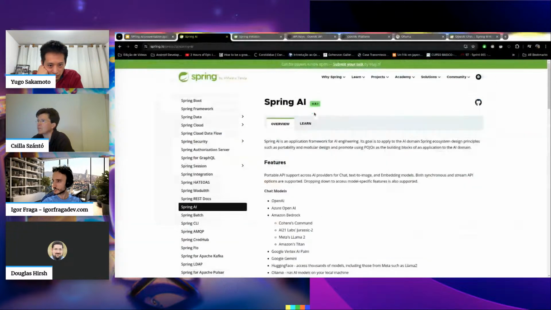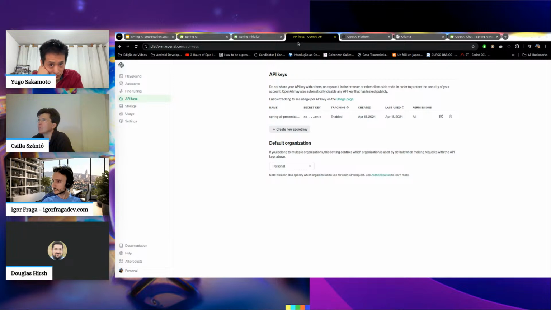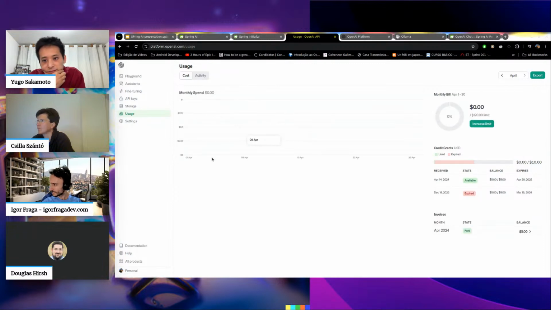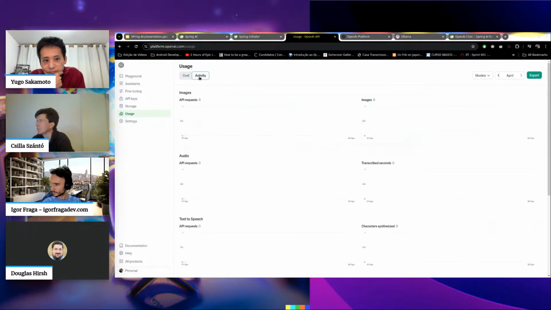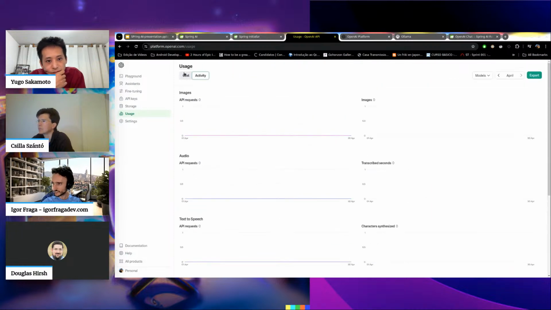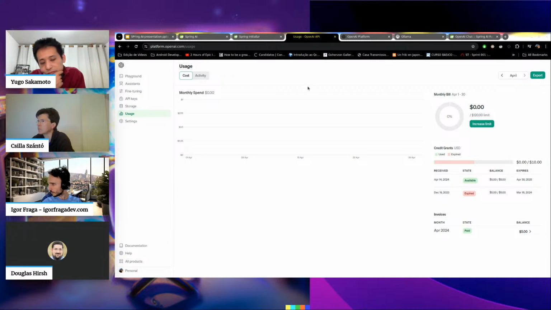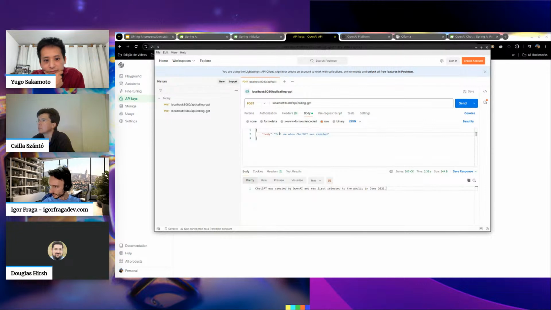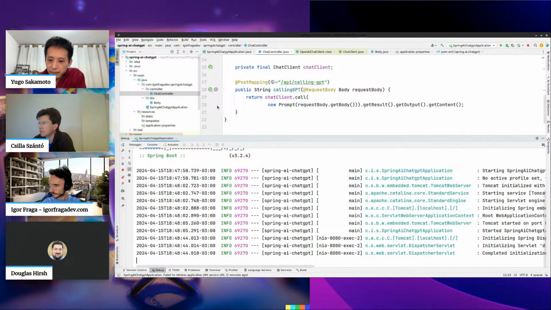And I'm curious about something. Let's see how much this cost. Oh no, it's not updated in real time. Yeah, we will need to wait to see that. I've just added $5 here, but we will need to see that. Yeah, and here we can even debug it if you want, but I'm just asking for a text here.